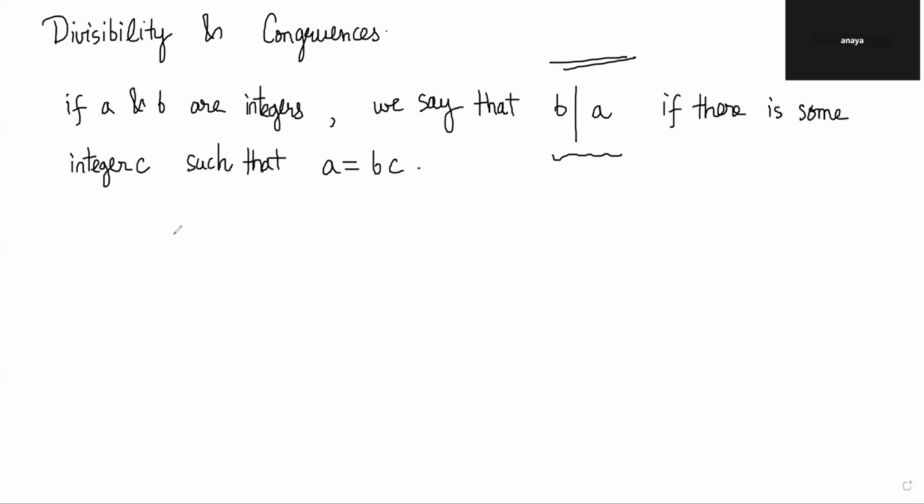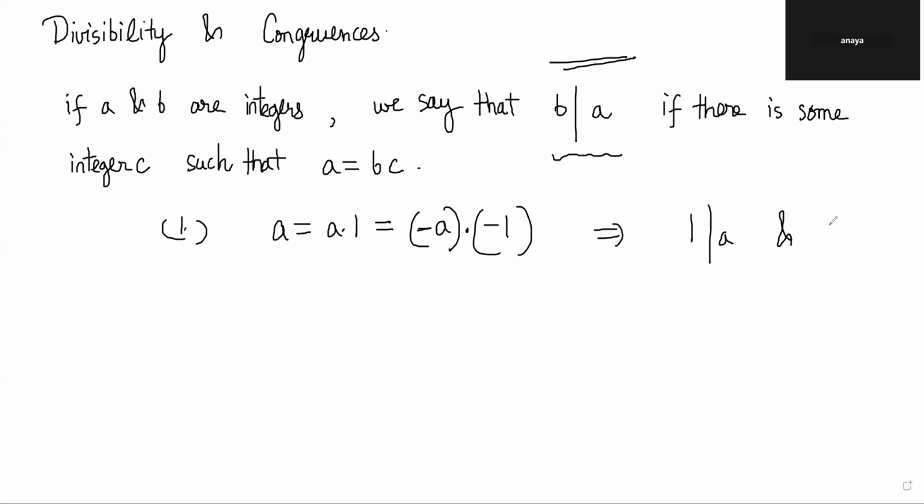Now, some of the basic properties that are a consequence of this is that since A is equal to A into 1 or minus A into minus 1, from here we see that 1 divides A and minus 1 divides A for any A. So basically 1 and minus 1 will divide every integer, right? Because you can write any integer as a product of another integer and 1 or another integer and minus 1,